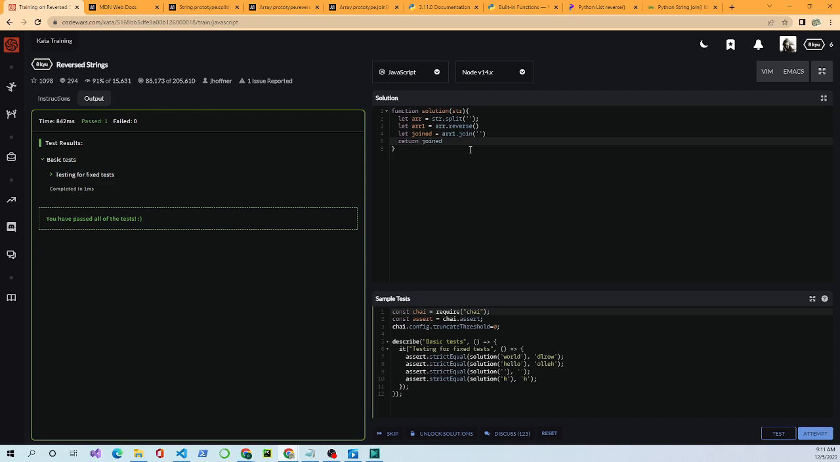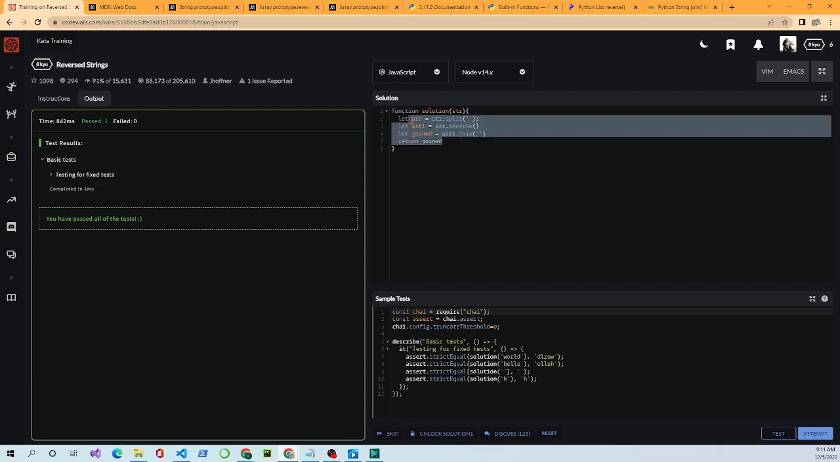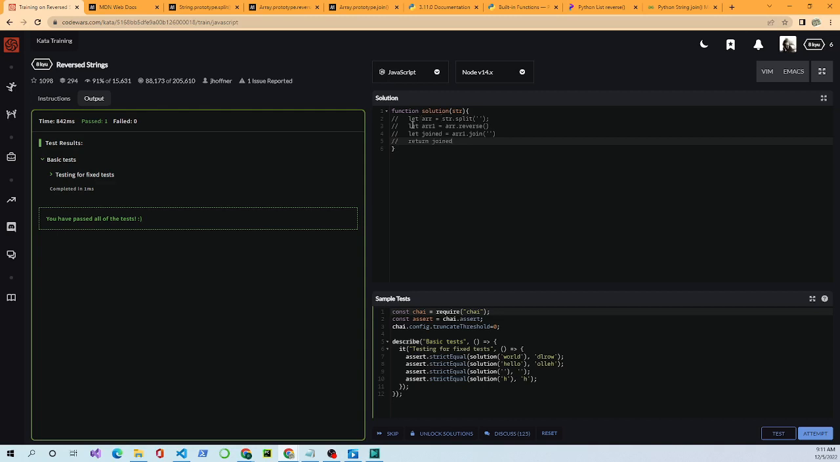Now this is a longer way of doing it. A lot of people kind of shorten it. So what they would do would be, we'll comment this out. See these slashes? That means it comments it out. That means the code reader and interpreter will not read this. It'll pass by it. So what a lot of people would do would be they would return